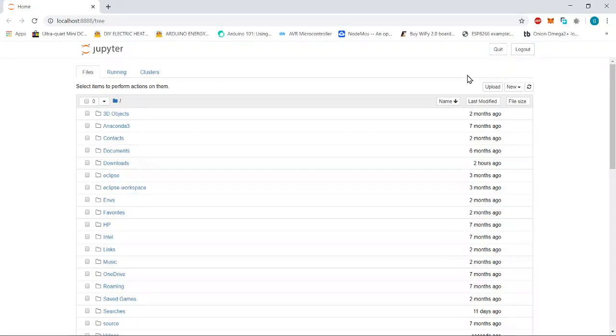Why? Because it will allow us line by line execution, as well as help us track the execution of individual statements. So if there is any error in an intermediate statement, then Jupyter will help us debug that. So let's start today's tutorial. Here in today's tutorial we will discuss data types.